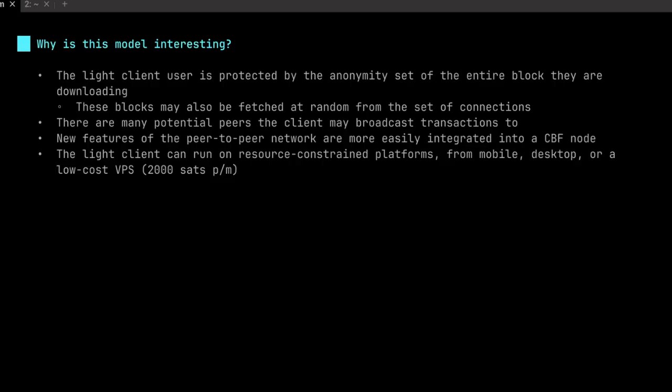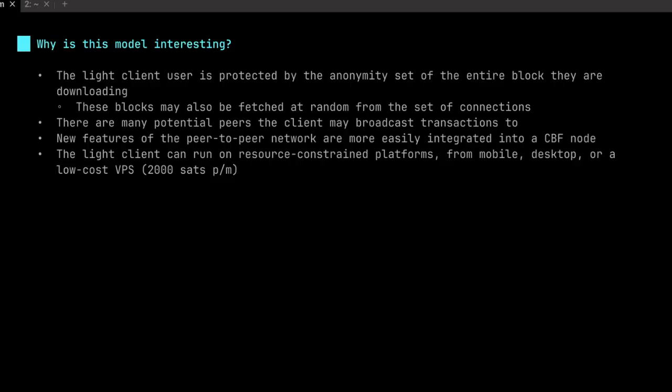This is especially interesting when these blocks can be fetched at random from different connections. So any heuristic that might link two blocks together is also broken,